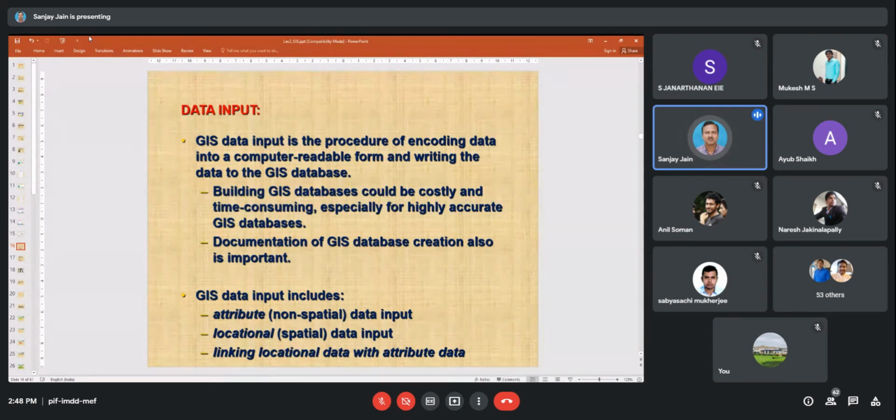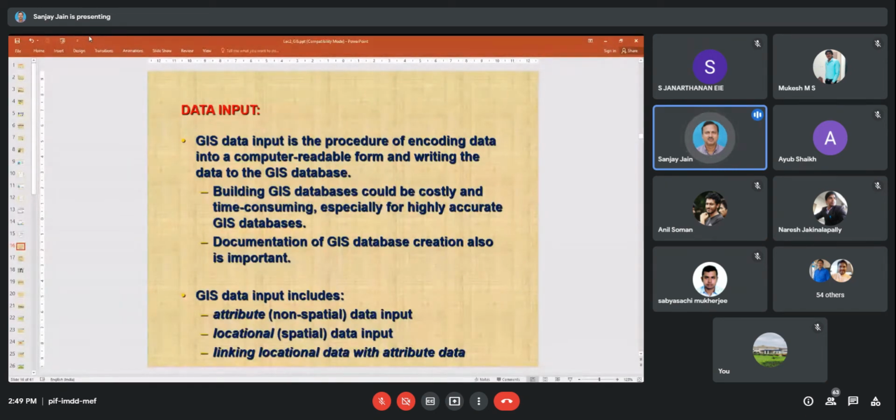So if one is sharing their data with others through some public domain or some other way, then we can save time because their data has already been created. The only thing is, sometimes we need to change the format of their database according to the software I am using. That part is not very difficult, because all the software we use have import and export facilities. So I can import data created in another format into the software I am using.